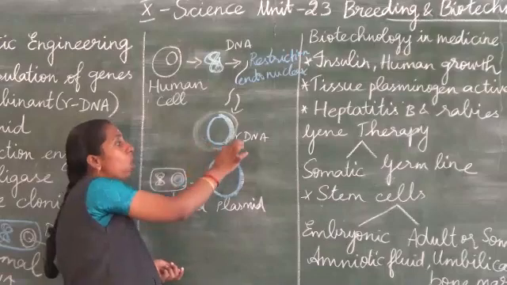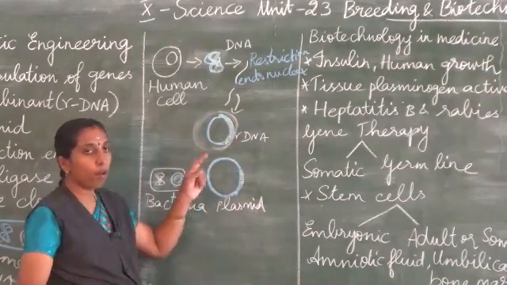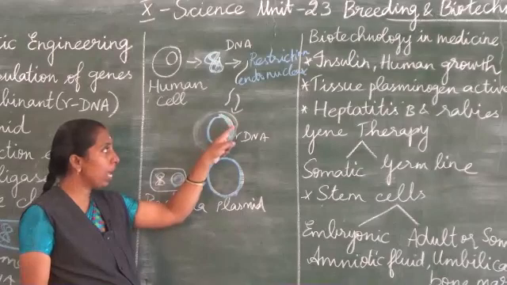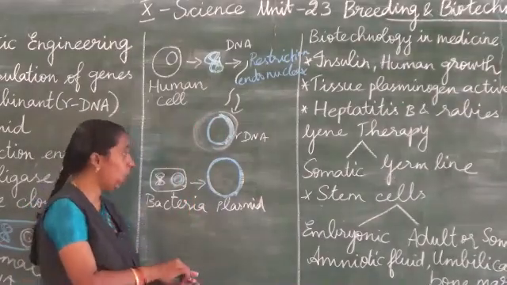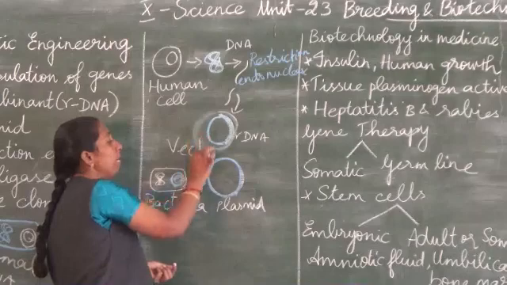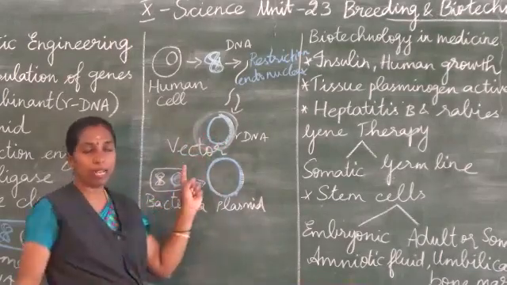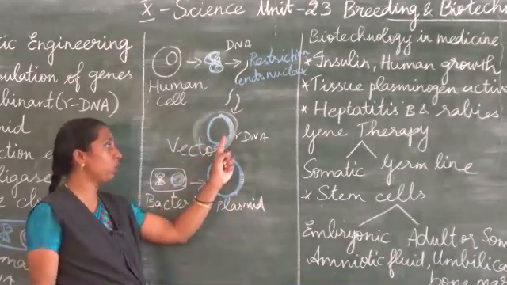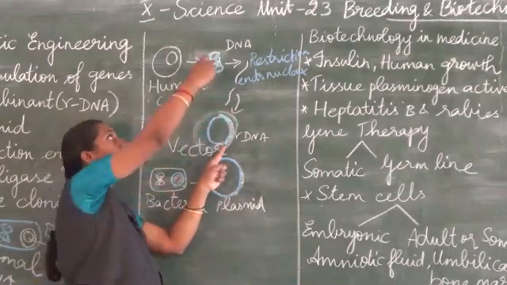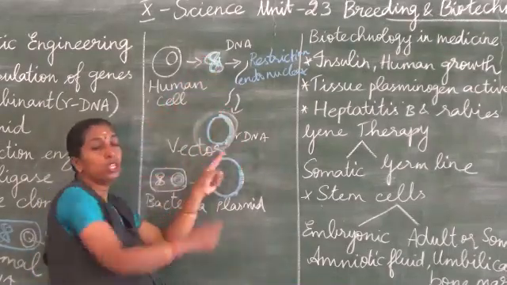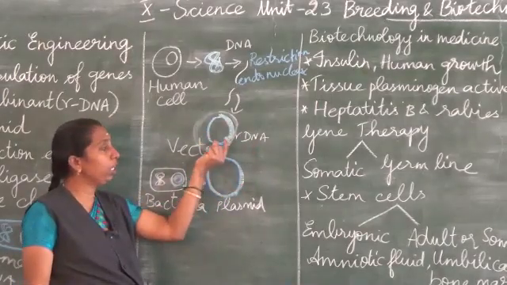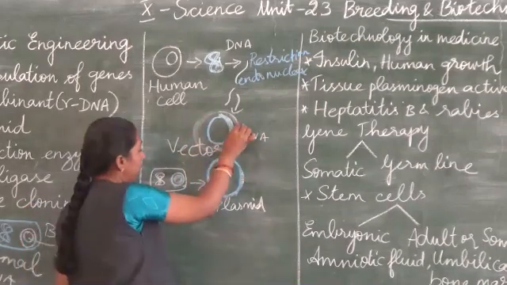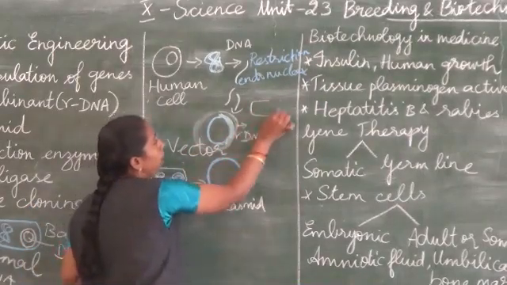So now this is called recombinant DNA or foreign gene. See here, the desirable DNA we have incorporated in the plasmid. This plasmid will act as a vector. Vector means like a vehicle. So in the bacterial plasmid we have incorporated the DNA. Now this will be allowed to multiply. This will be injected into the bacteria, and in the bacterial cell it will be allowed to multiply.